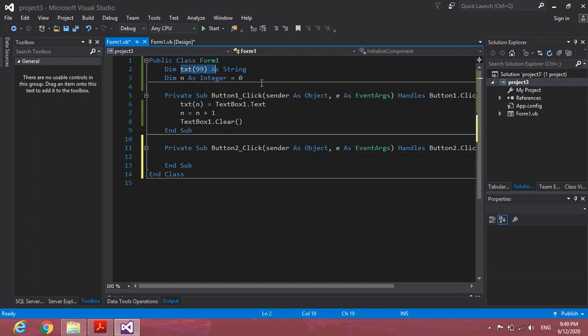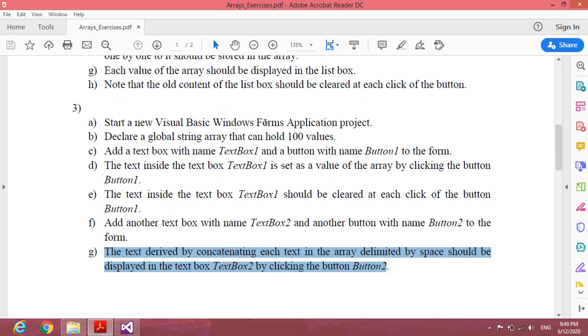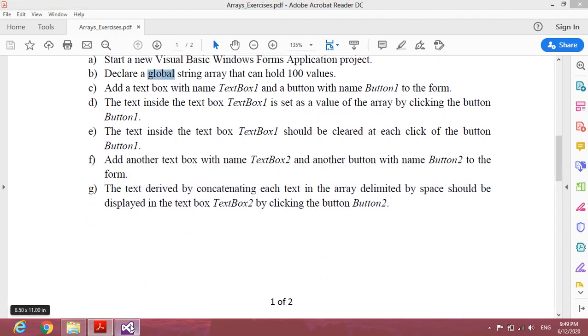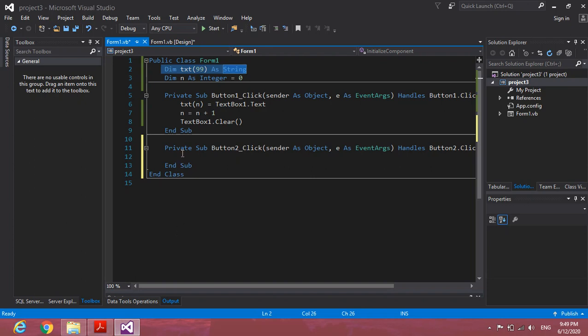Okay, that is the meaning. That is why we say this is a global array. Okay, that is a global variable. Okay, so here you have to